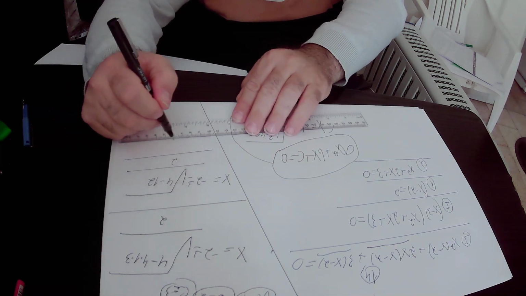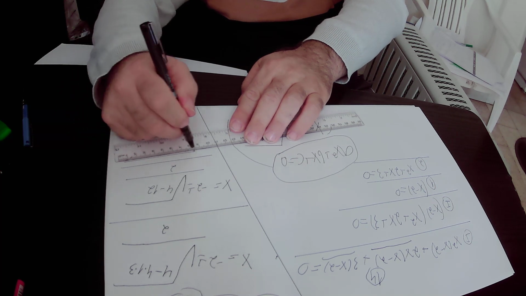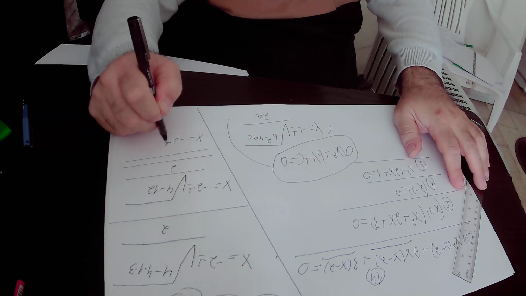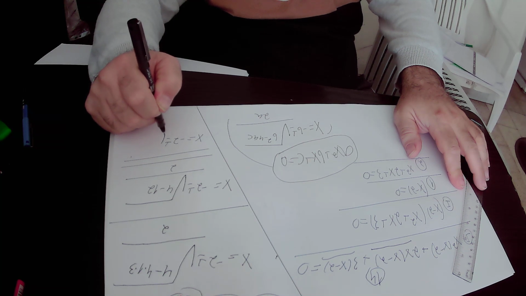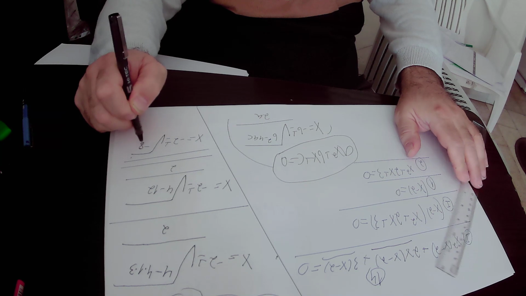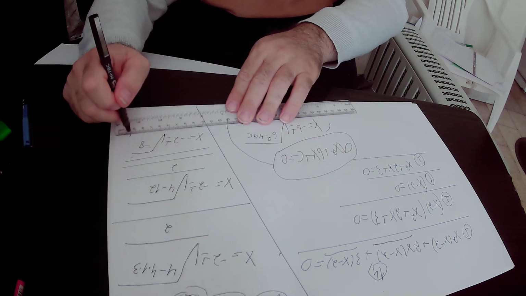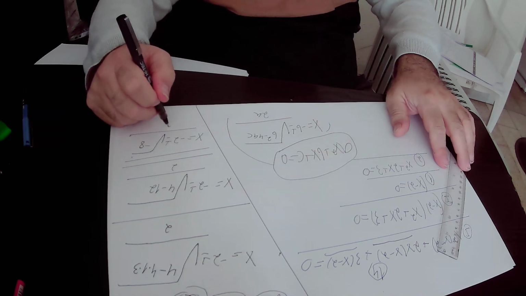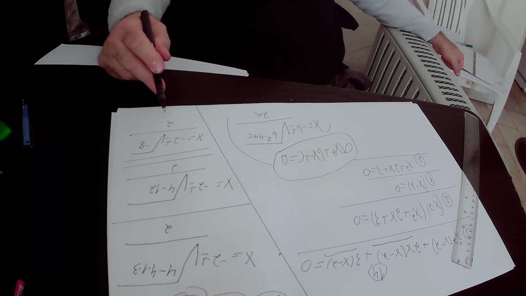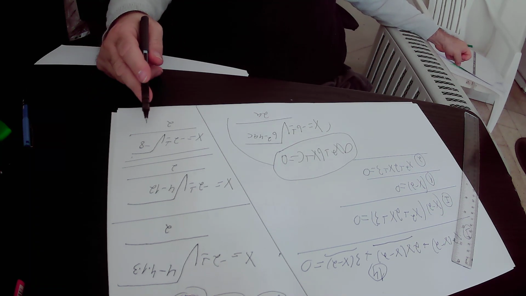Okay, so actually we found out that x equals minus 2 plus minus the root of 4 minus 12, which is minus 8, over 2. We found out that the value of x is equal to minus 2 plus minus the square root of minus 8